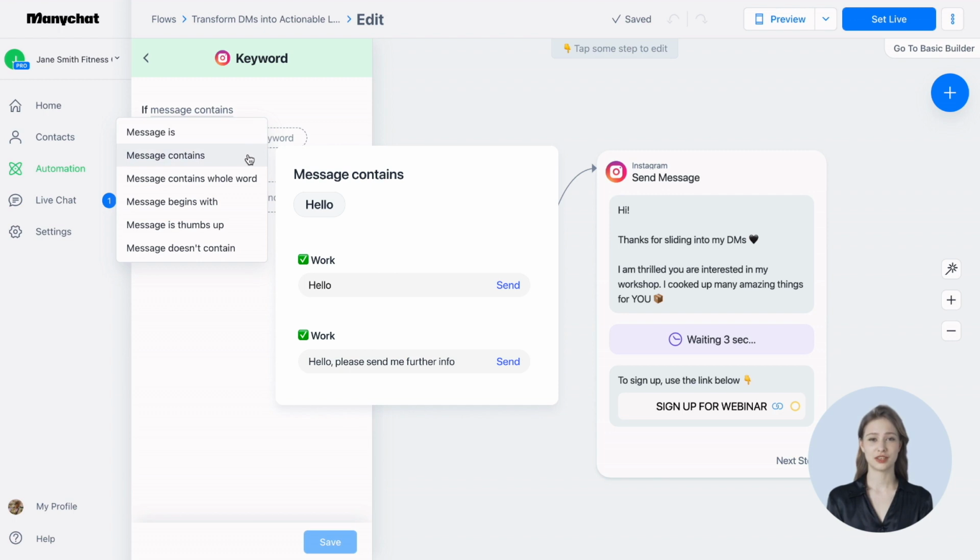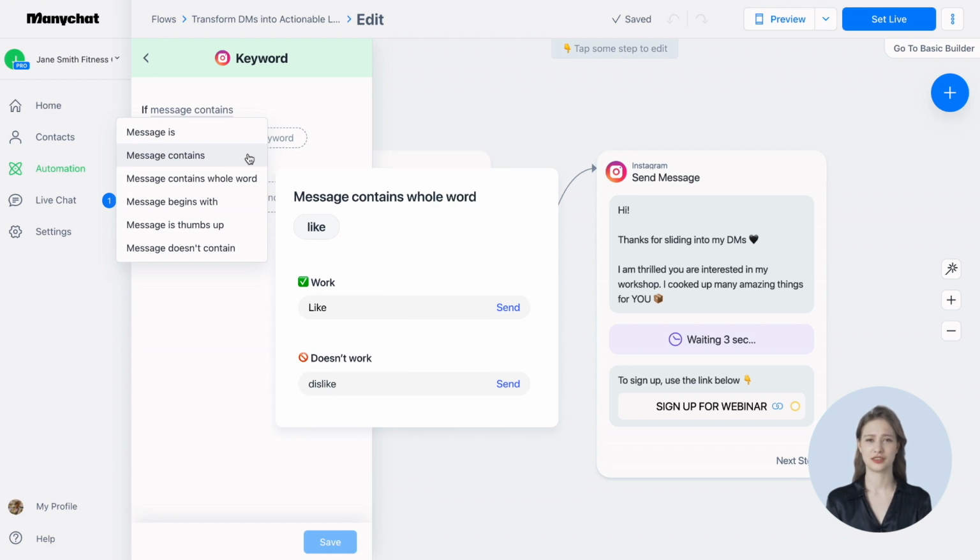Message contains option is more flexible. It allows the bot to recognize the keyword within a sentence. For example, if the keyword is set to hello and a contact message is hello, please send me further info, the automated message will be triggered. Message contains whole word. This option lets you stay in the same context with the follower. If the keyword like is created within this option and a contact message's dislike, the reply message will not be